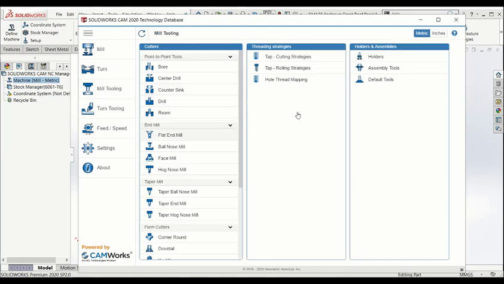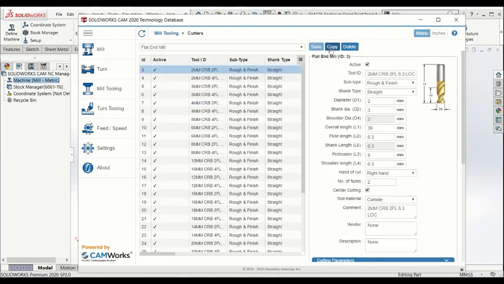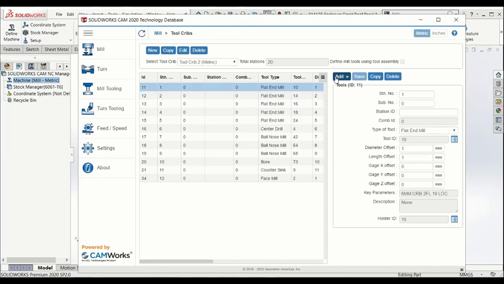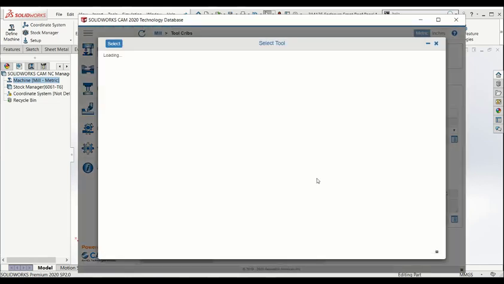Then set our plasma beam tool in the end mill option by copying one of the tools and changing its dimensions accordingly. Let's add this plasma tool to our tool crib. Now we are going to add our plasma beam tool in our tool crib.